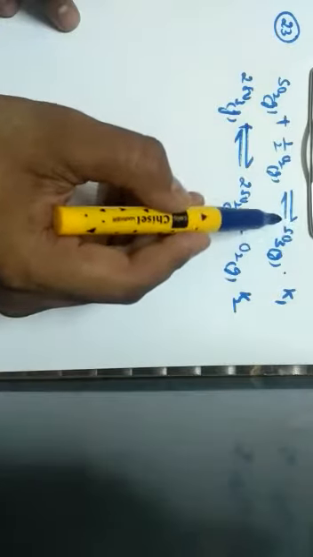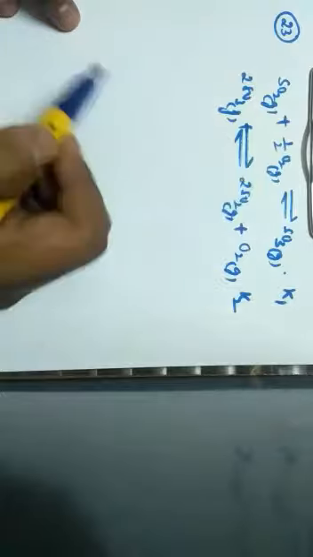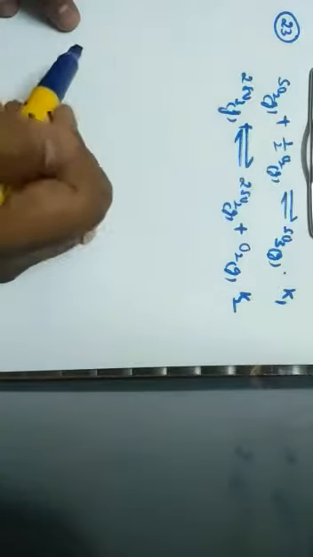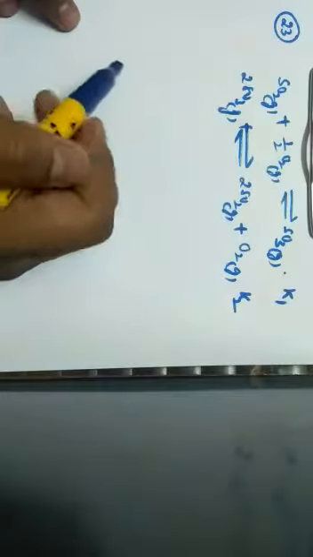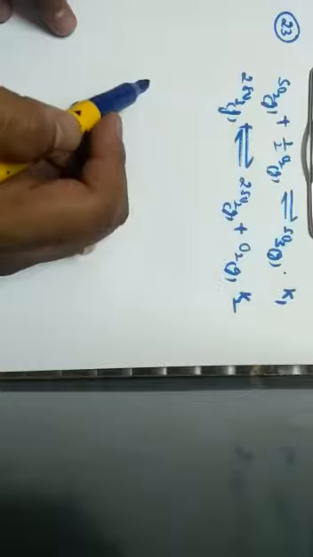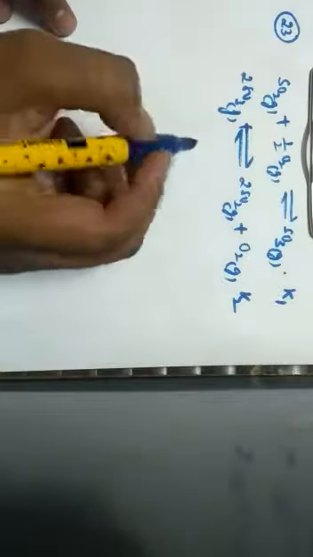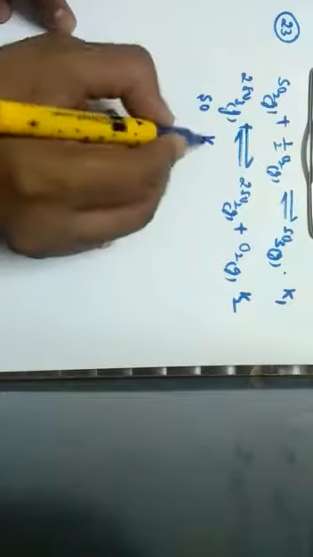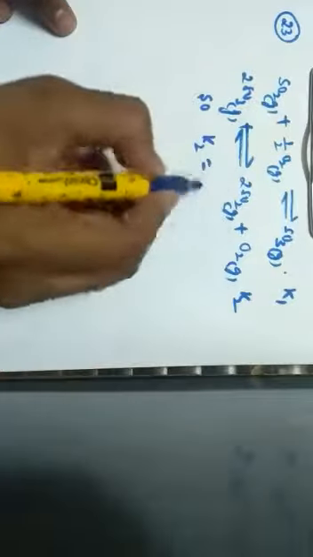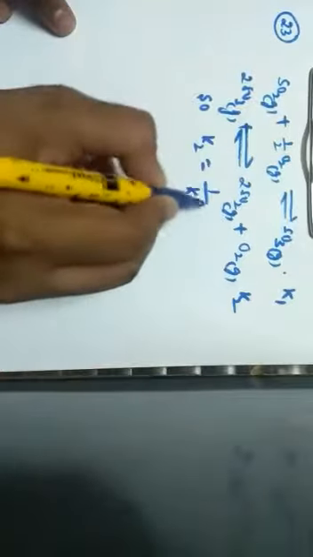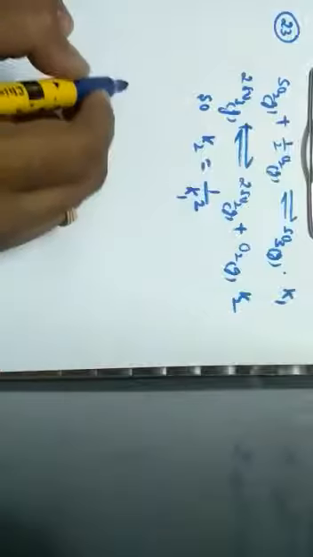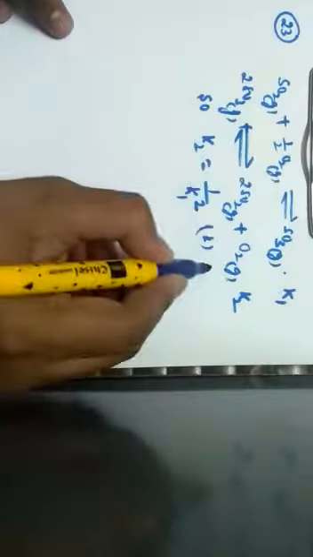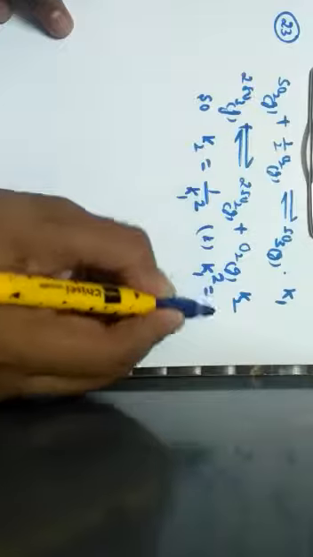factor 2 or n factor, the new equilibrium constant K dash becomes K double dash, and also if the reaction is reversed, the value of equilibrium constant is inversed. So I can write the relationship as K2 is equal to 1 divided by K1 raised to the power 2, or else I can write it as K1 square is equal to 1 divided by K2.